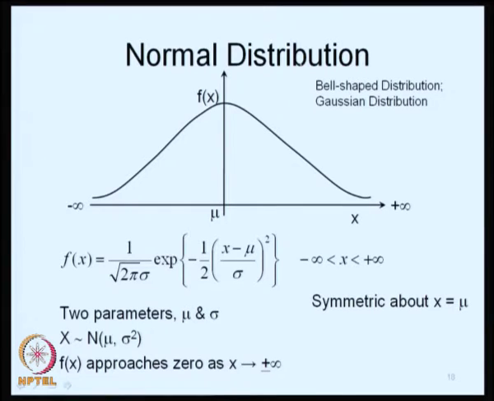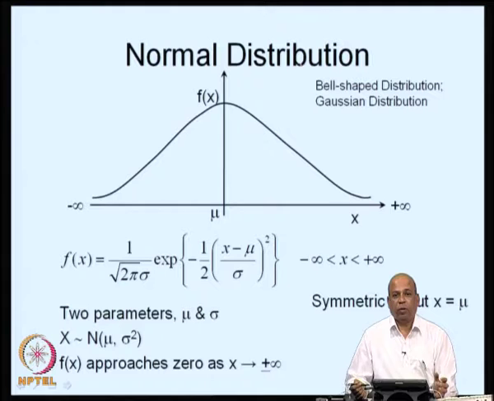And the normal distribution is also called the bell shaped distribution, and after the German mathematician who introduced this distribution, it is also called the Gaussian distribution. In fact, the normal distribution was first introduced for analysis of errors between the observed data and the simulated or the experimental data. So, we use the normal distribution, as I said, in most cases where